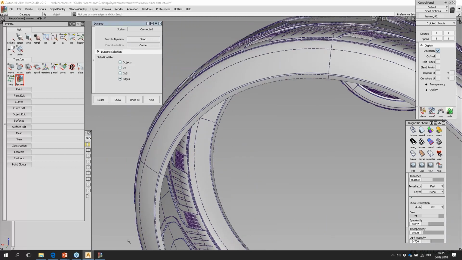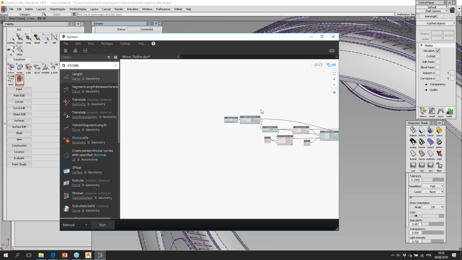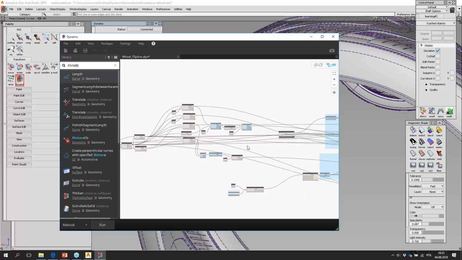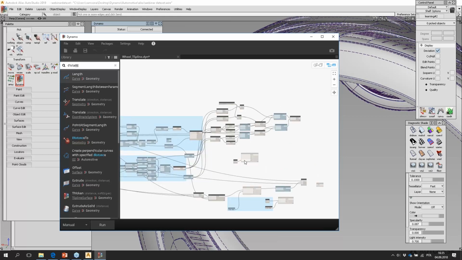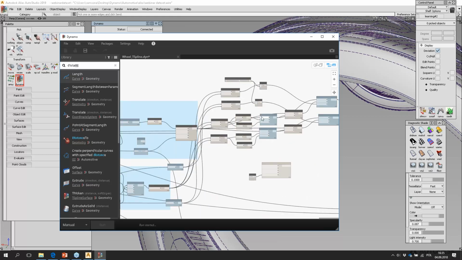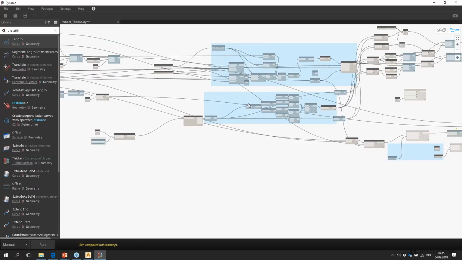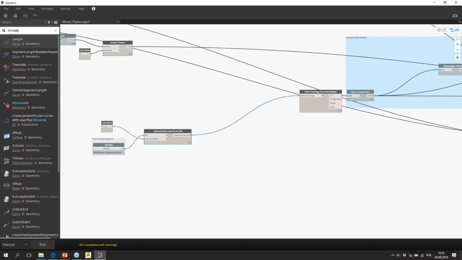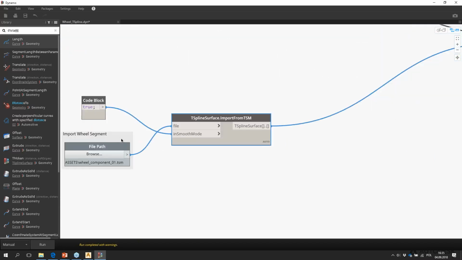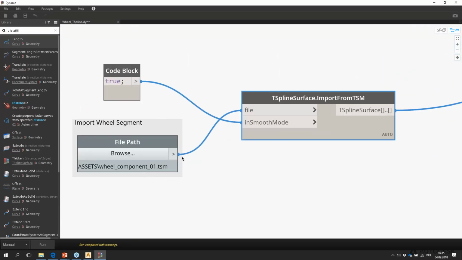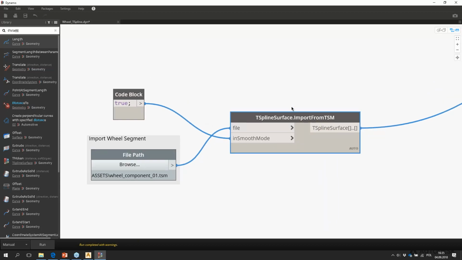Okay, send. 5 elements selected, and now I have, okay, some things here are disconnected, which is great. And what you're gonna see now is that some things will happen first in Dynamo, actually not in Alias. So I'm gonna click here, and as you could see here, I have imported some geometry